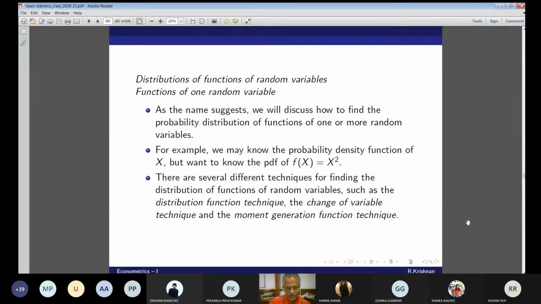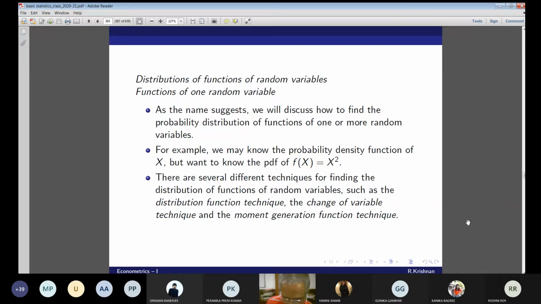Okay, I understand. Such as the distribution function technique. You will see as they come. I am defining it for continuously increasing and continuously decreasing, that way it's monotonic. I'm abstracting from all the other things and considering one-to-one functions only. But that's not a correct thing to do, because later on I have a problem where it's one-to-many, but I'm restricting myself only to one-to-one. I have an example many slides down. Okay, so two things: the distribution function technique, the change of variable technique, and the moment generating function.